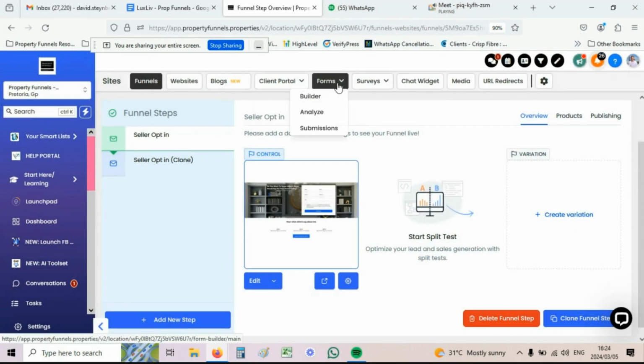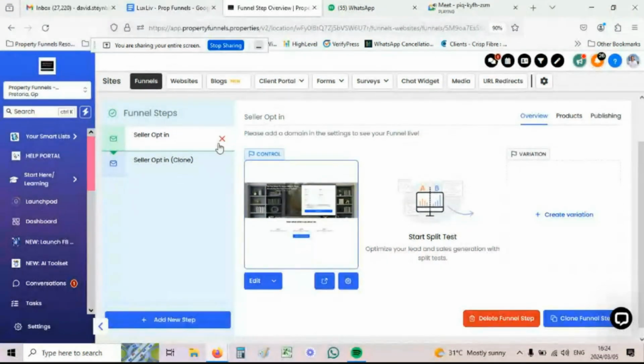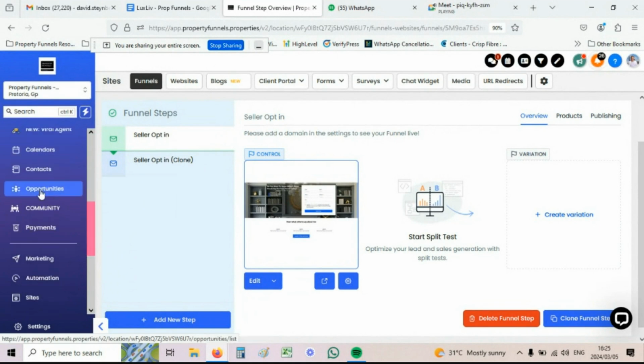Once you've built your form, you've connected it to your funnel, and you've optimized your funnel for lead capture, what you may want to do, and which is a good suggestion, is to create a very basic workflow so that you can tag your sellers, update the assignments to you, and also add people to your pipeline. As we mentioned in previous trainings, your pipelines are under the opportunities menu item on the left-hand menu here. So to get into the workflow builder, you're going to scroll down to automation,